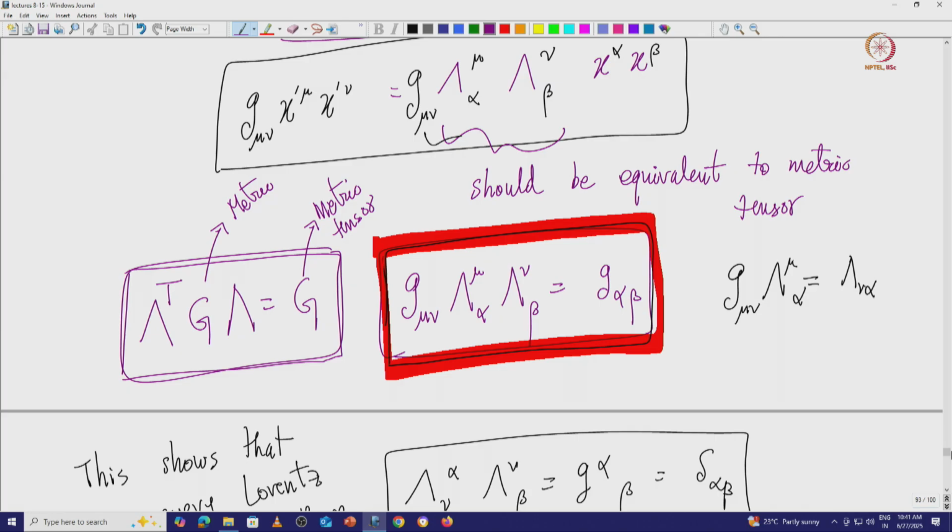Now we have defined what Lorentz transformations essentially are, and that they form a group. The way we define this is very interesting, in the sense that we say that any Lorentz transformation should leave the metric invariant. This is an extremely interesting scenario, because the Lorentz transformation leads to certain very interesting features.